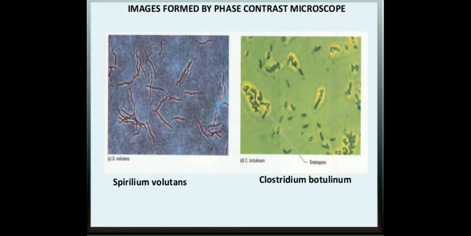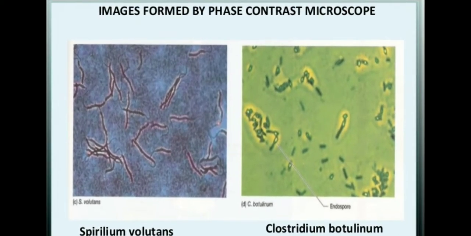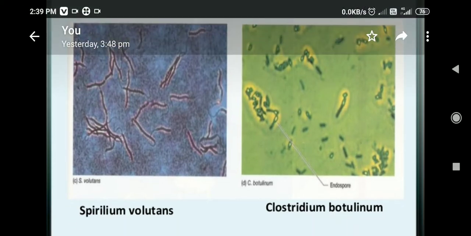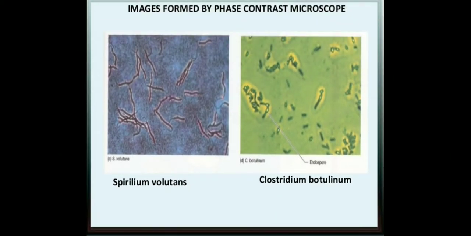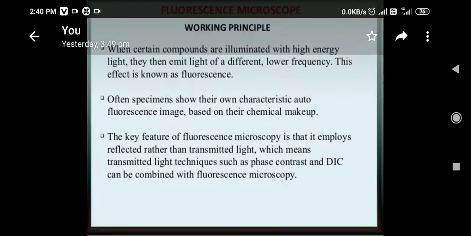Now these two are the images from a phase contrast microscope. First one is Spirillum, second is Clostridium. We can see these two bacteria, how contrasted the figures are. So in this way we visualize these types of organisms. Next we are moving to